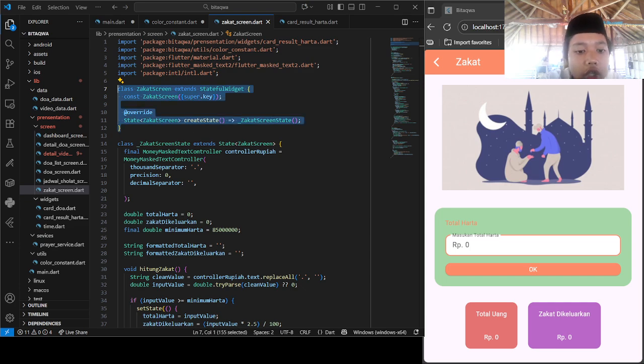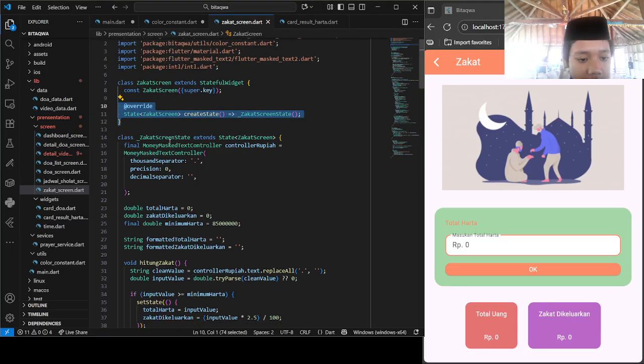And the second, const Zakat Screen, is the constructor; it's actually optional. And then let's go to here. So what is this? It's making a class for data and logic.